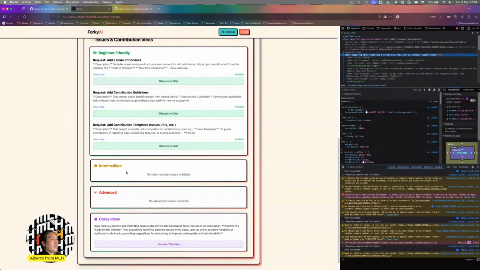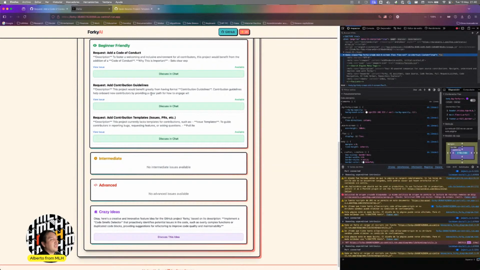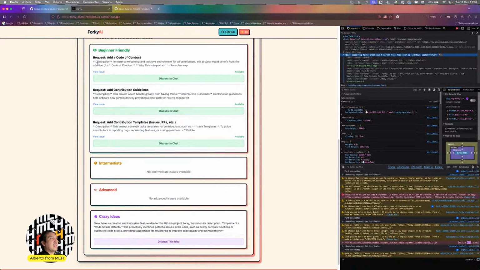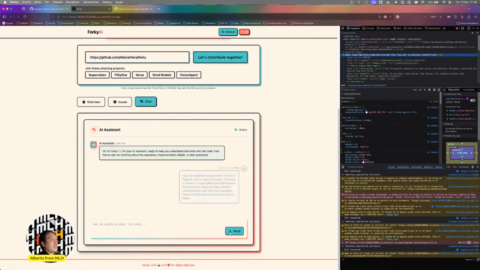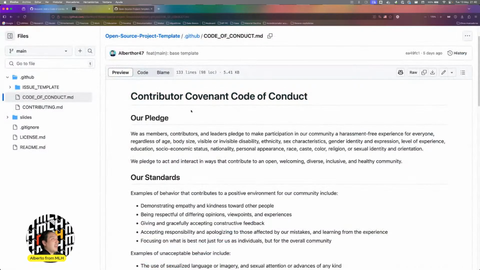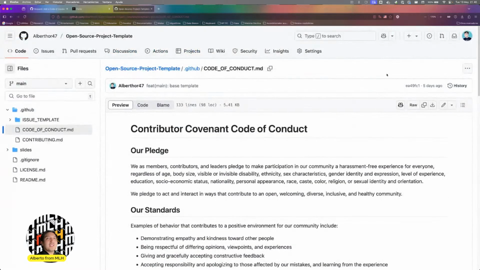And let's start first with the contribution guidelines. No, let's start first. I think the most simple one will be the code of conduct. So let's discuss it with the chat, let's send it, and let's wait for a response. In the meantime, I'm going to open myself the